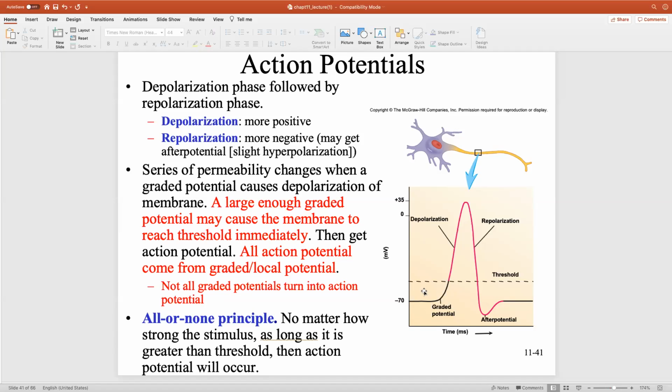Let's say you have a stimulus that's only 15 millivolts. It just barely hits threshold, right? That stimulus will give you the same action potential as a stimulus that is so strong, right? A 50 millivolt stimulus. There's a difference. That 50 millivolt stimulus is 3 times stronger than that 15 millivolt. Yet they trigger the same action potential. That's what we mean by the all or none. No matter how strong the stimulus, as long as it hits threshold, you will have an action potential,